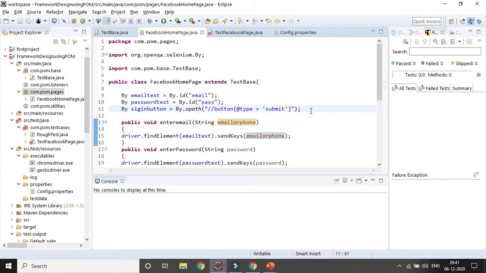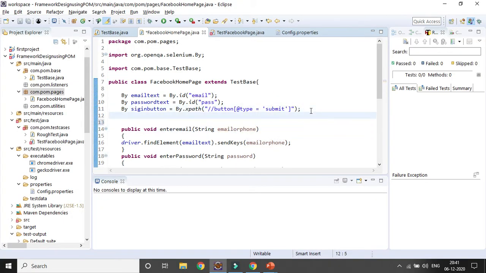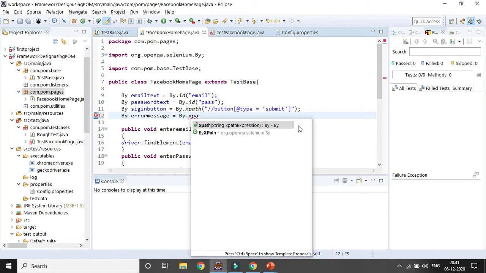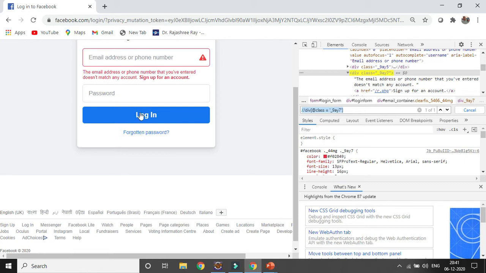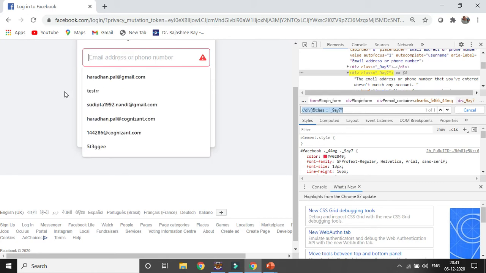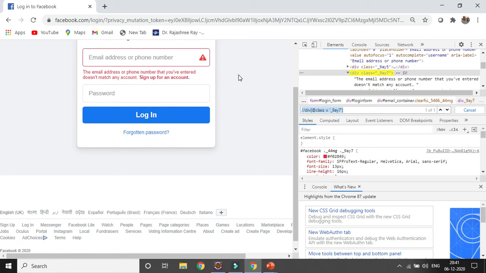Okay, so I will create another variable here, another element reference for the error message. It will be by error message. That is the reference element I am creating, and I will identify it with the help of XPath, and I am giving the XPath reference. So I already identified four elements: one is the email field, another is the password, and another is login. After that, if you give something invalid, the error message will come. I also captured that error message with the help of class, so I have created an XPath.